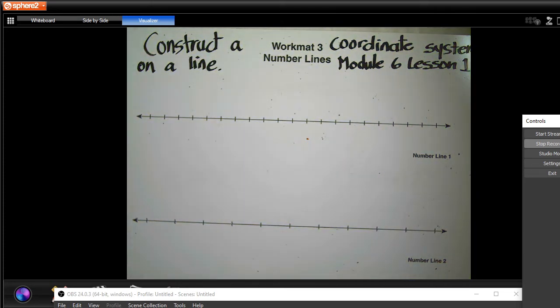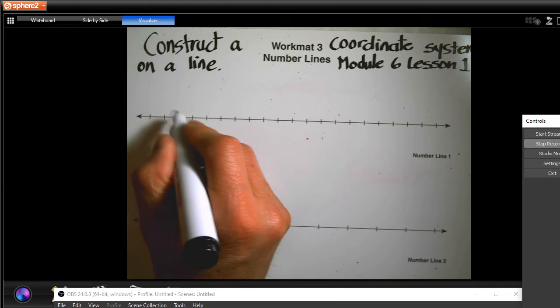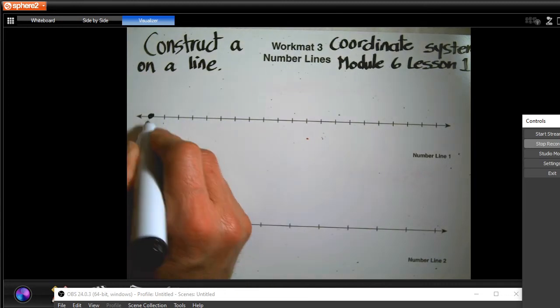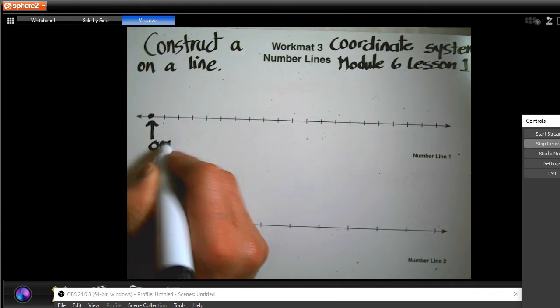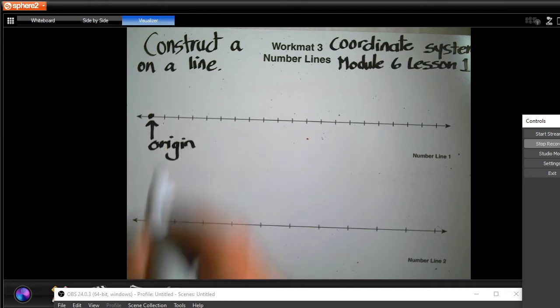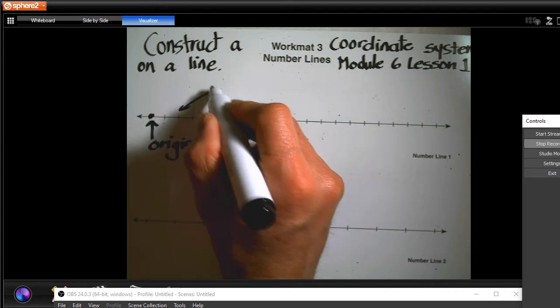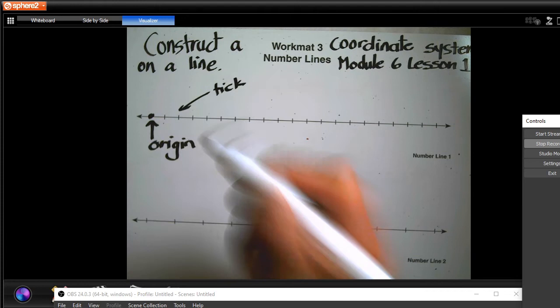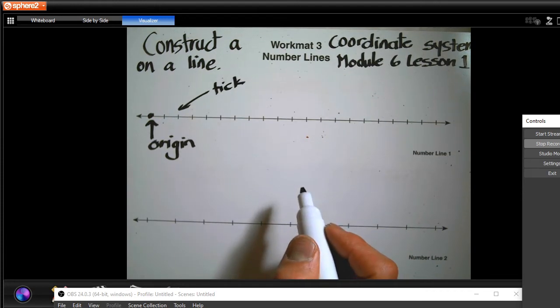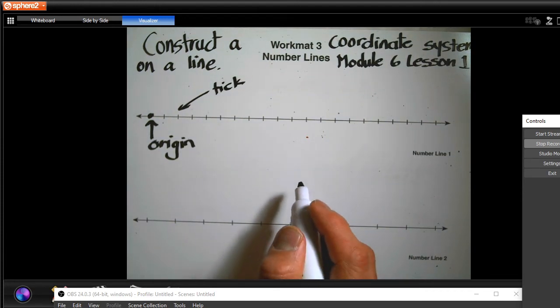Okay, so let's just start. For example, if this was a number line, this is the origin. This is what you would call the origin. Okay, and this mark right here, that will be a tick, because you're going to be counting ticks. That's what you're going to be counting. The coordinate, for example, if we